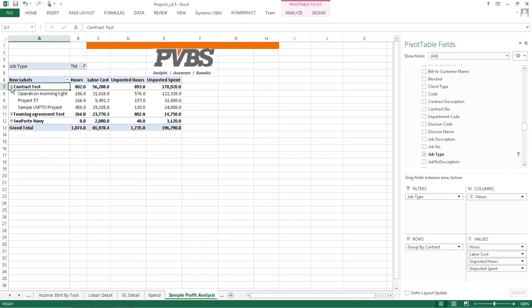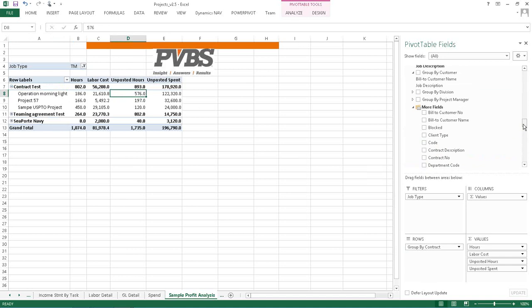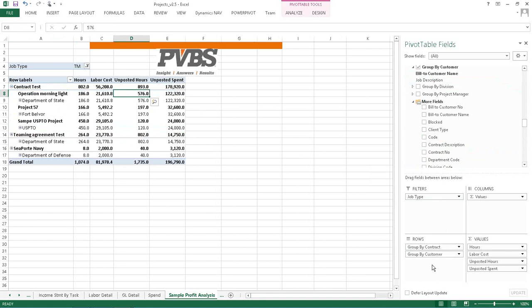Whenever you see this little plus sign, it means I can expand it. So you can see that under that contract called test, there's 3 different projects going on, or task orders. I can drill into these to see detail. I could also add additional hierarchies. So if I wanted to see not only the contract vehicle, I wanted to see what was the name of the customer we're doing the work for underneath of it. So now you can see this,